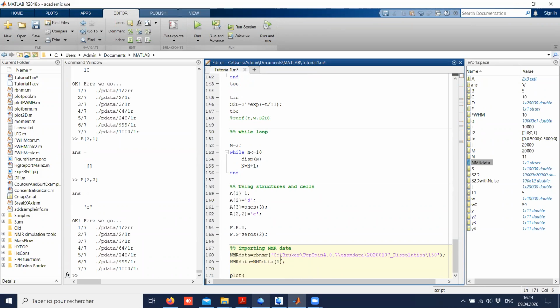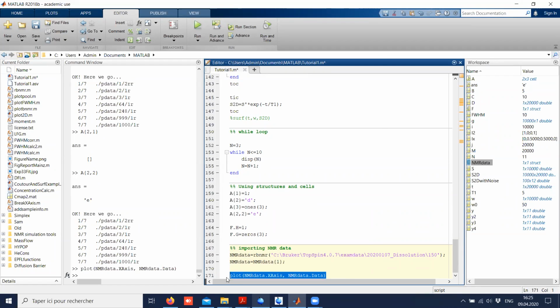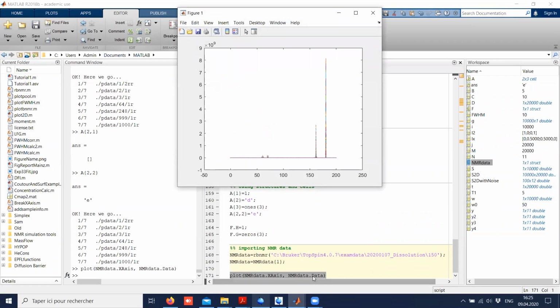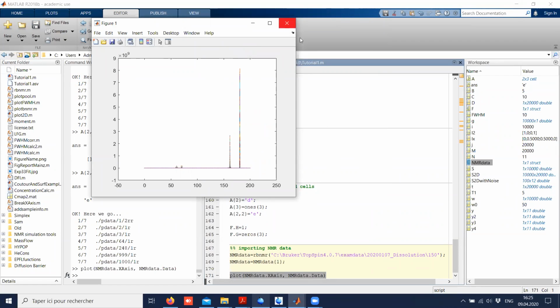If I want to make a plot of my NMR data, how do I access them now? I have the x-axis, and I told you I have data. If I do this, I think it won't work. Oh yes, it does. It has superimposed because Matlab is clever. It found the dimension of this. This is now a matrix with one dimension the same as this one. So Matlab knows whether it has to take this or the transpose. And now it has superimposed all the